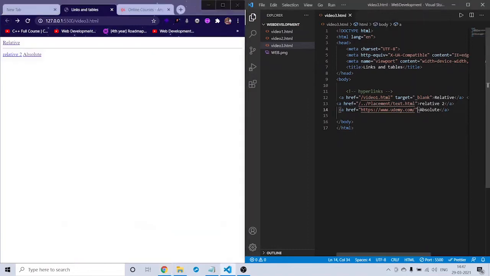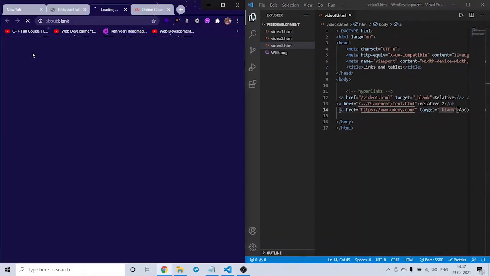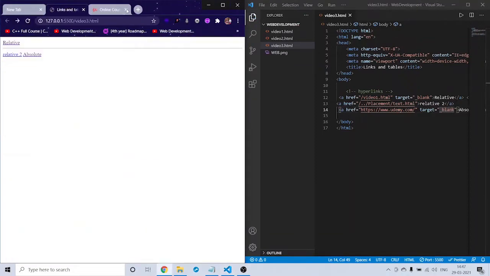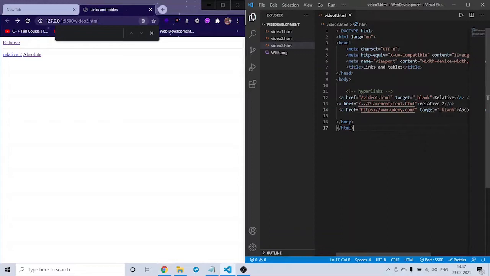If you want, you can give an attribute target here, _blank, and save. Open this in a new tab. So these are links. The first one is relative, which is the local one, and the second one is absolute, which is the web version. And this is all about links here.